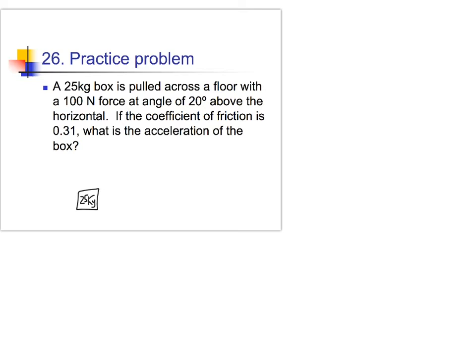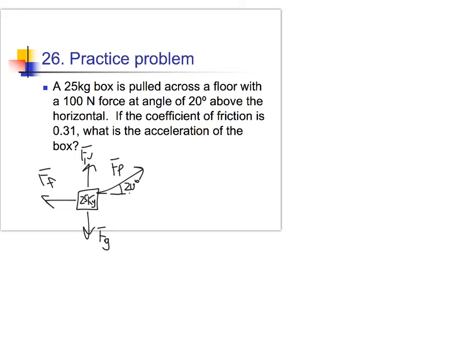So I'm going to start by identifying all the forces I know. I have this pulling force going up at an angle of 20 degrees. I have my normal force because I'm sitting on a surface. I have the force of gravity because we're assuming this problem takes place on Earth and gravity is always going to be there. And then we have the force of friction. We know that one must exist because we're given a coefficient of friction and it's sliding across the surface. So unless it is specified that it's frictionless, we can assume that there is friction